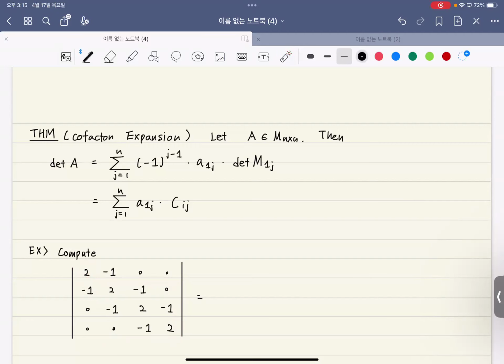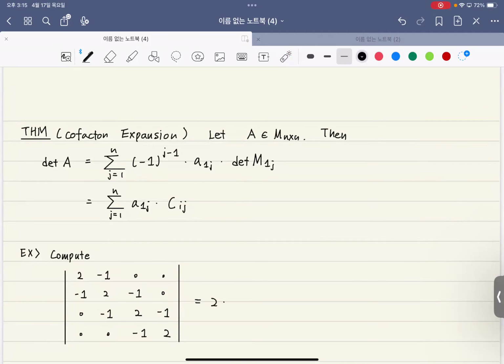So this is 2 times the determinant of this guy, and plus minus 1 times